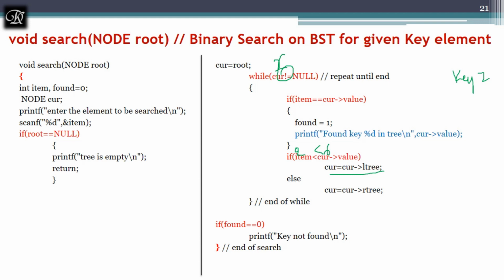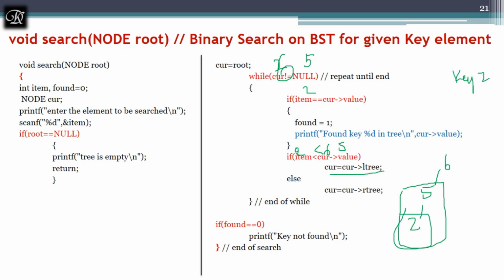Now the left subtree is having 5 and 2. This is the left side subtree I have. Now this is the part of the tree I have to concentrate on. Now the pointer made the current as 5. This is the tree now. Now come back. Current is not equal to null. 5 is not equal to null. And check whether 2 is equal to 5. No. Then come to this place. 2 is smaller than 5. Yes, it is true. Now again move towards the left of that tree.